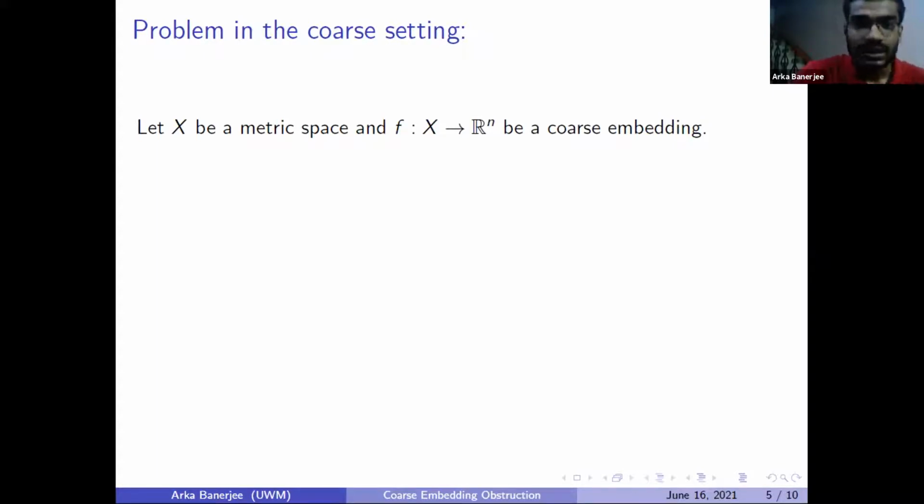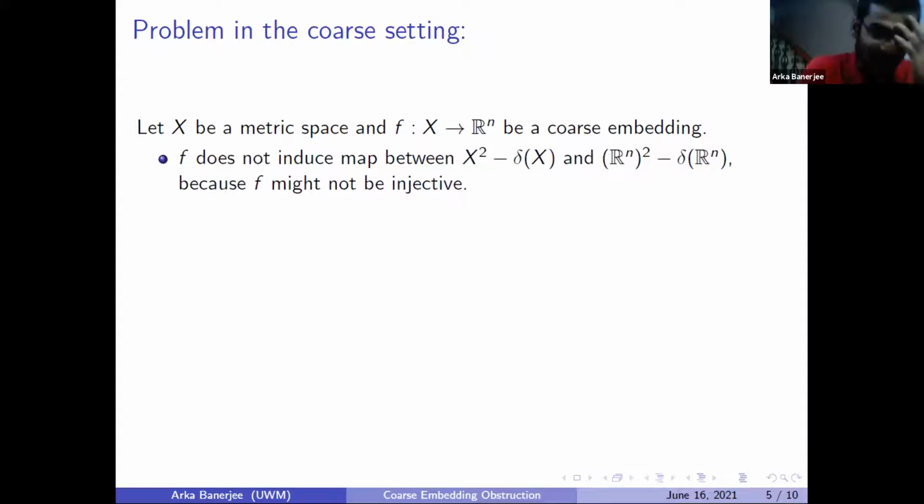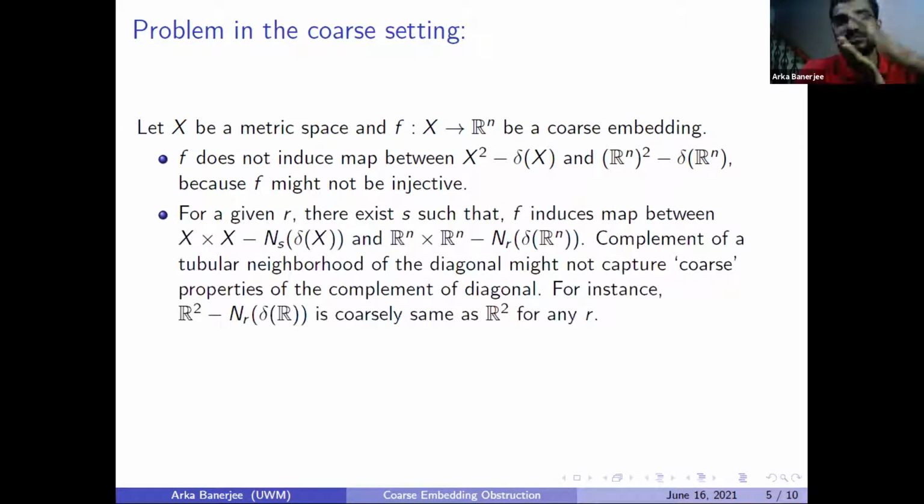In the previous slide, the first thing we had was a map from the complement of the diagonal to the complement of the diagonal. But here you might not have that map, because the coarse embedding might not be injective. So a distinct pair of points might not go to a distinct pair of points. And so you don't have a map there,